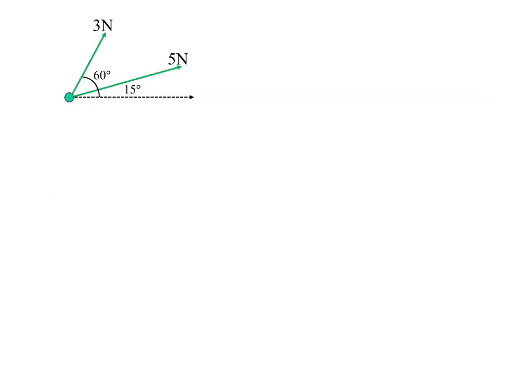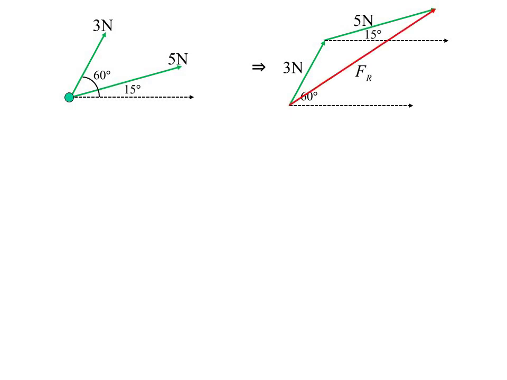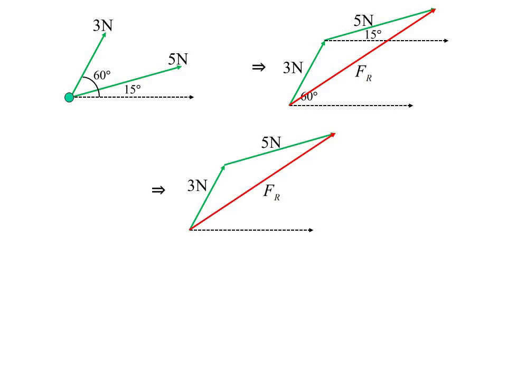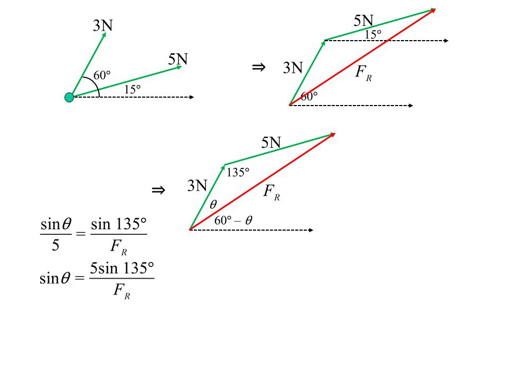So here we have it. In other words, I can look at the resultant force and get it this way. Well, I've gone off at 60 degrees, 3 newtons, and then I'll add that vector of 5 newtons to it. Where I ended up, there's my resultant force. I could then go, well, hang on, if that's what it is, I can work out that that angle is 135 degrees. And that angle there, that'd be nice to know what that is. But that one will be 60 minus theta, I know that. I can use my sine rule to work out my angle. It's about 28 degrees is theta.